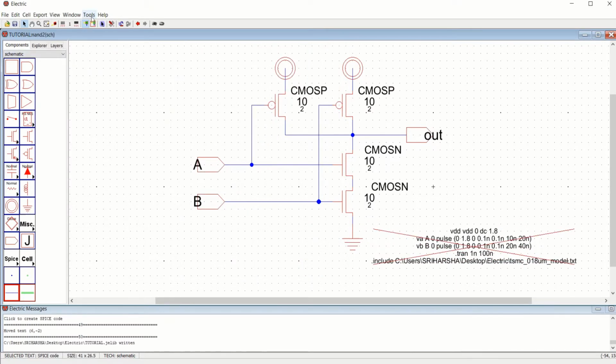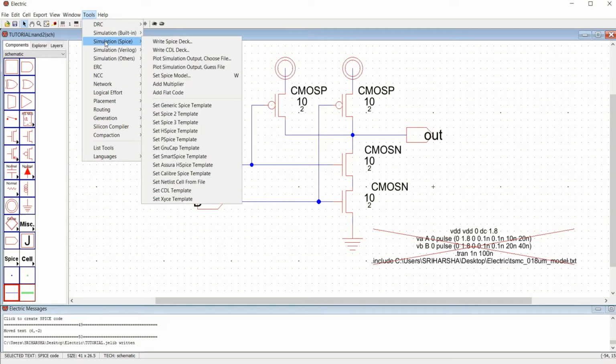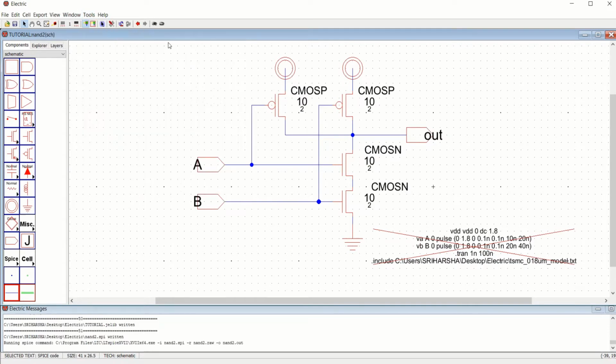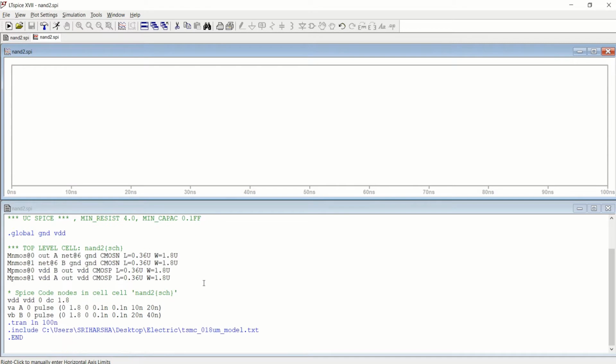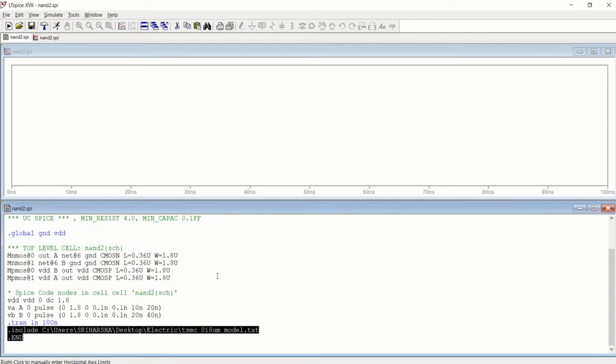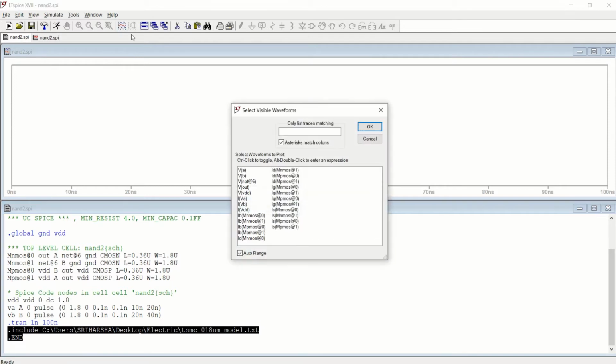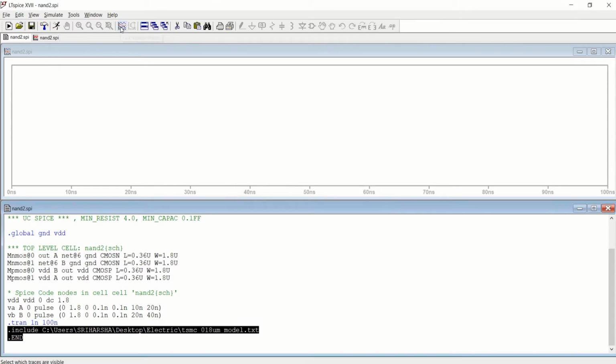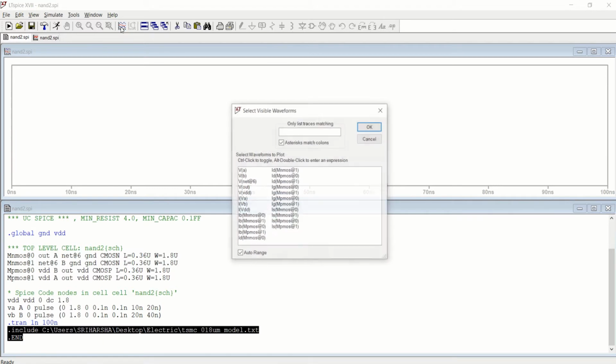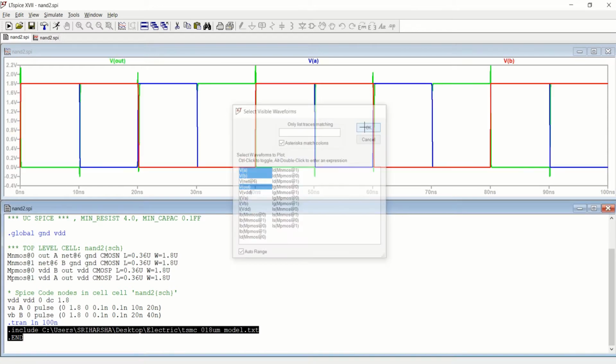Save the design, go to the tools, simulation spice, write spice deck. So if everything works fine and if library path is included, then you can view the result by hitting the pick visible traces, select VA, VB